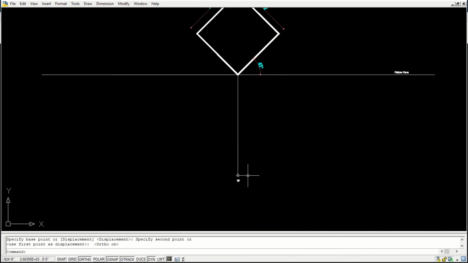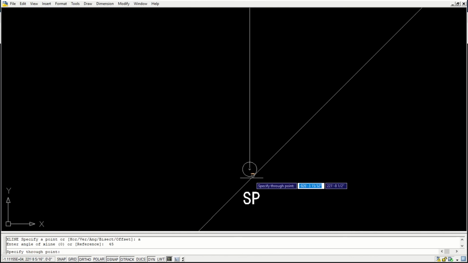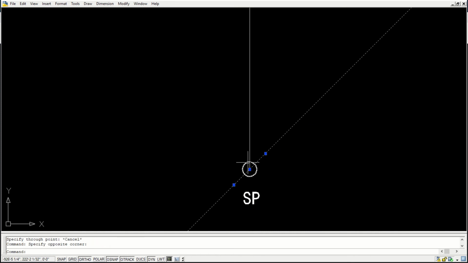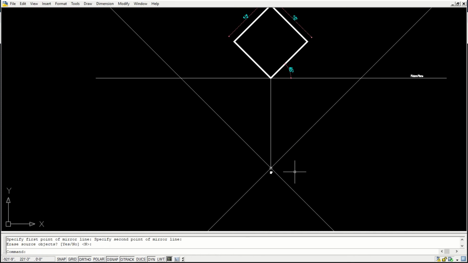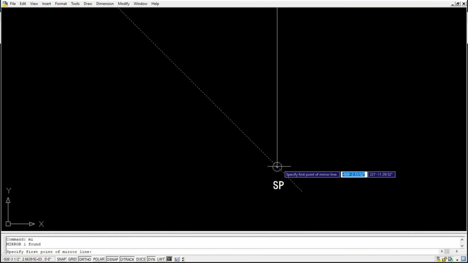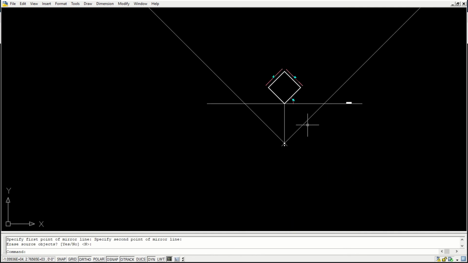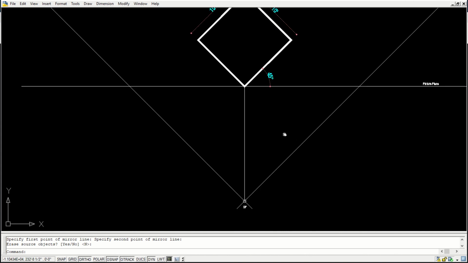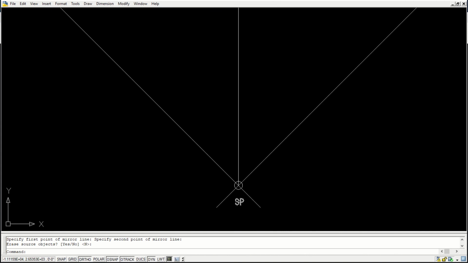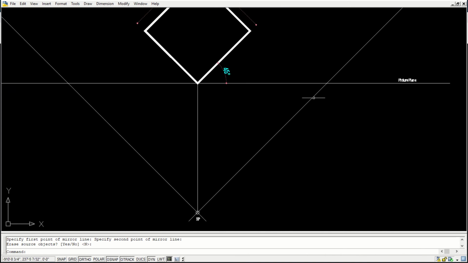And what I do is I'll draw a line at a 45-degree angle passing through the stationary point, and it is cutting the picture plane at these points.